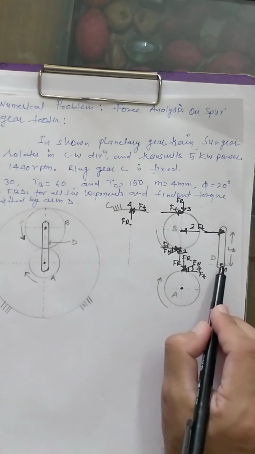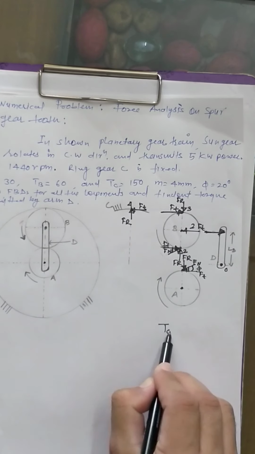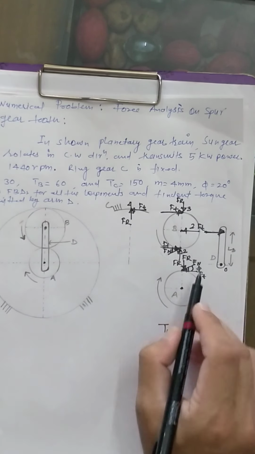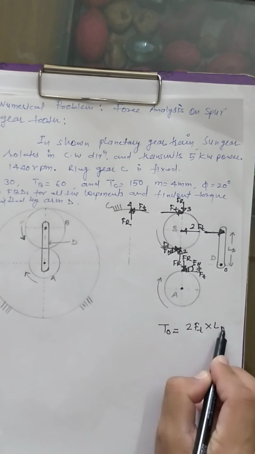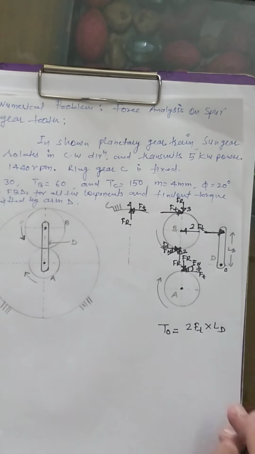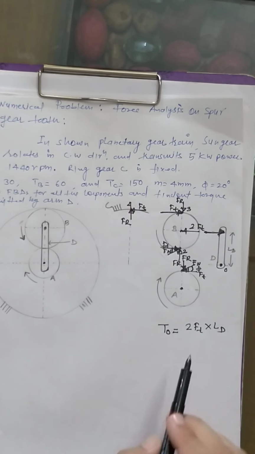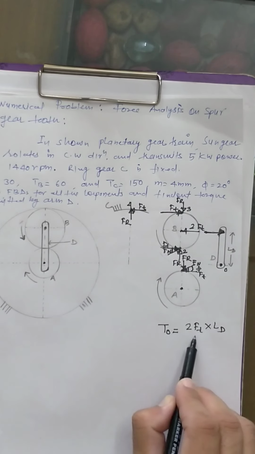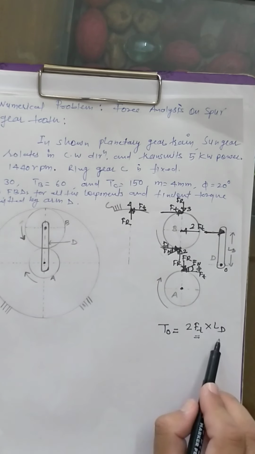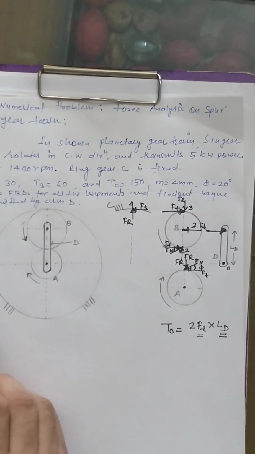So you can say torque transmitted at point O, TO, would be 2Ft multiplied by LD Newton mm, right? So now our task is to find out Ft and the length of this arm D. So now we can write the given data. So given data are